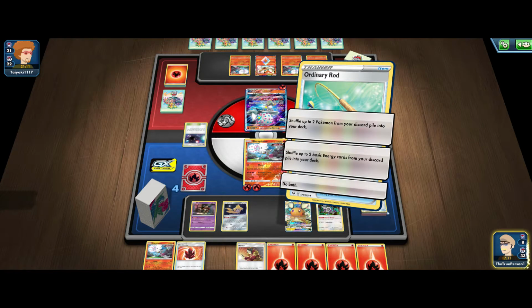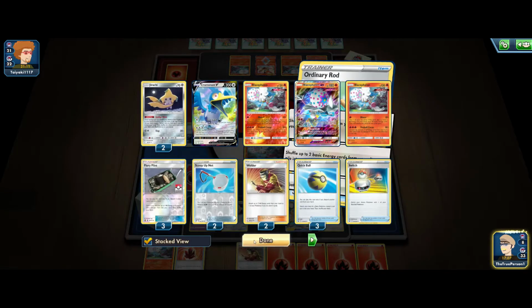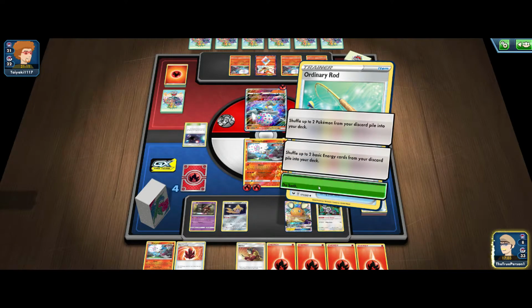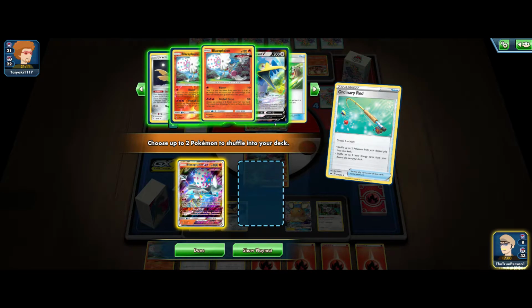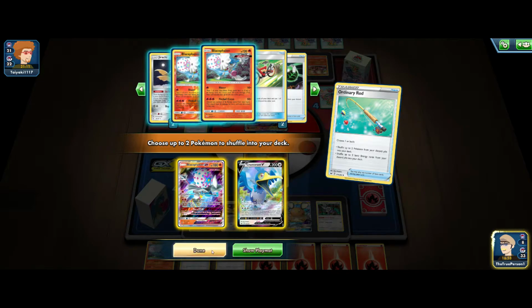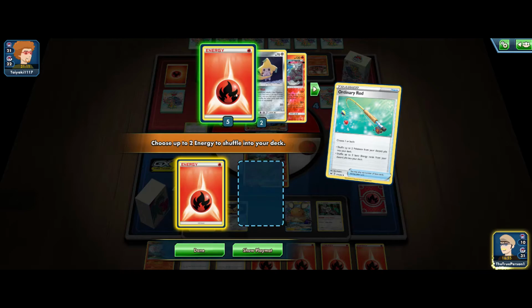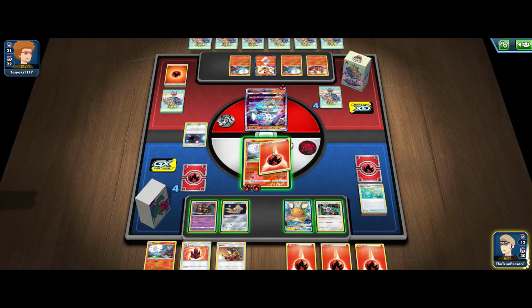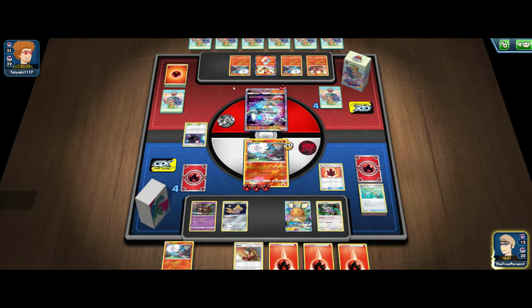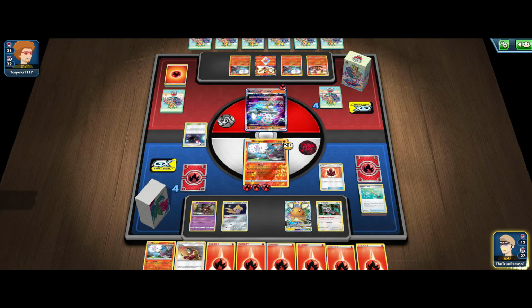How many energy do we have in the discard pile? 6. Yeah, we can shuffle back in some energy, I guess. So here we can shuffle back in Big Blonde for sure, and probably just a Cramorant because that feels fine. And we're gonna shuffle back in 2 energy, I guess, because we are just putting a lot into the discard pile. And yeah, so we're gonna just draw Fire Crystal, and the good thing is we even have Ultra Space for next turn,